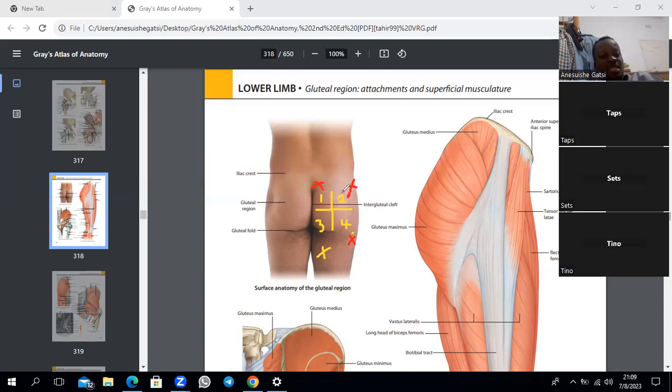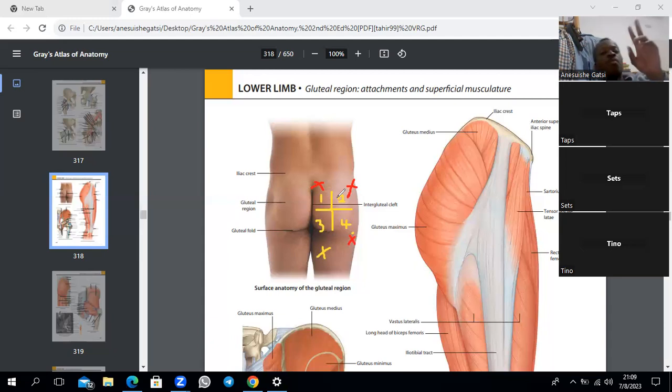Then this quadrant number 2, the one that is left, which is upper lateral. Just remember it is innervated by 2 nerves. There is subcostal, which is T12. Then there is iliohypogastric, which comes from L1. We'll do that one when we do the abdomen. So iliohypogastric and